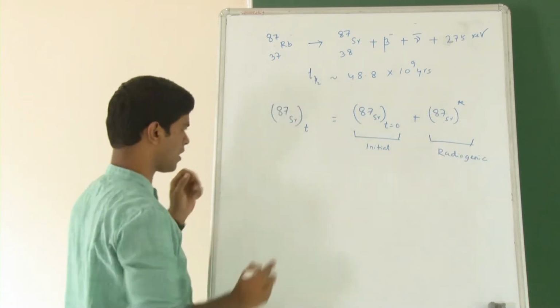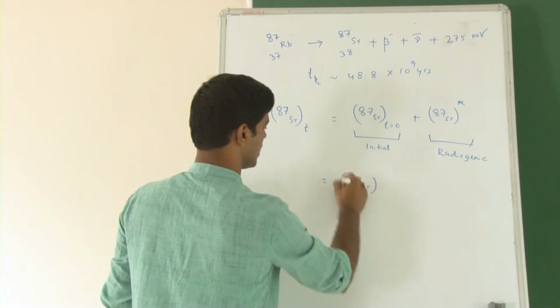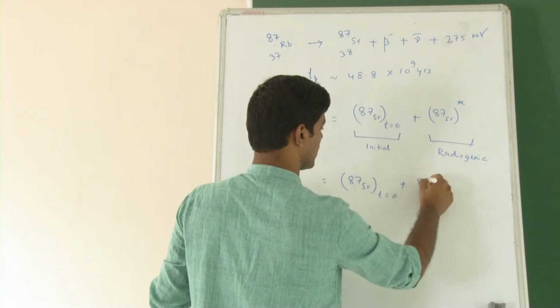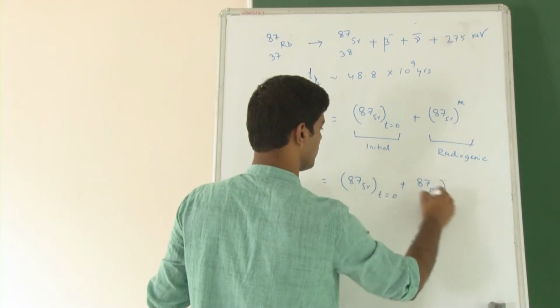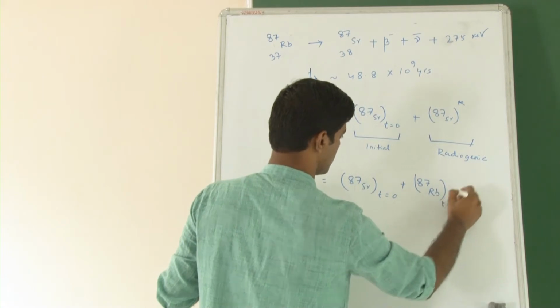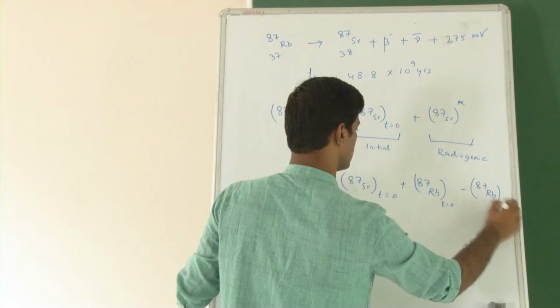This radiogenic part we can write as 87 rubidium at T equal to 0 minus 87 rubidium at T equal to T,